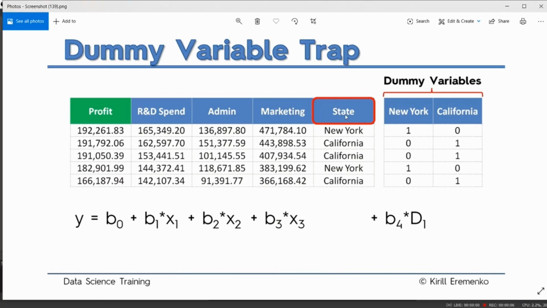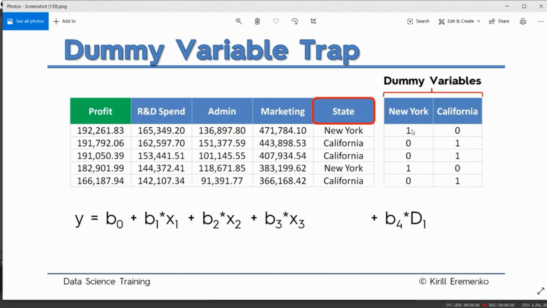Now for the state, we applied label encoder and then we applied one hot encoding on this variable. And as you can see, it converted this column state into New York and California, and assigned the value 1 to the New York column and the other as 0, and assigned 1 to the California column and the other as 0. Now after that, let's see these two columns. First, as you can see here, the New York column is equal to 1 minus California. Now if we use both these dummy variables in our model, it's going to just duplicate the variable, as both the variables are the same.